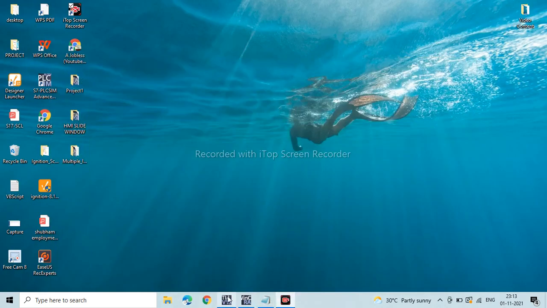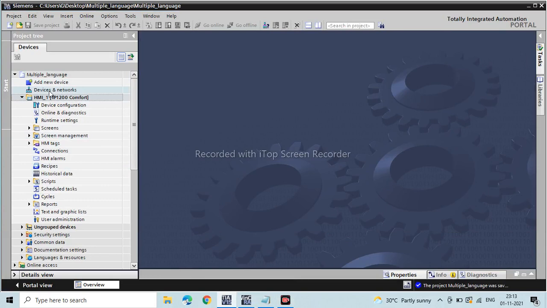So I have prepared one program for that. I'm going to explain every bit of the program. You have to create one project and add an HMI in it. I have used an HMI TP1200 Comfort panel.